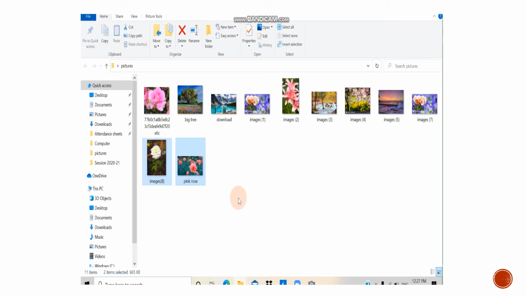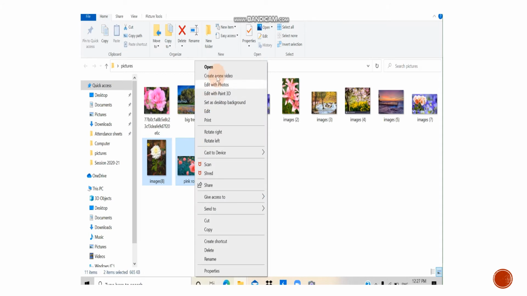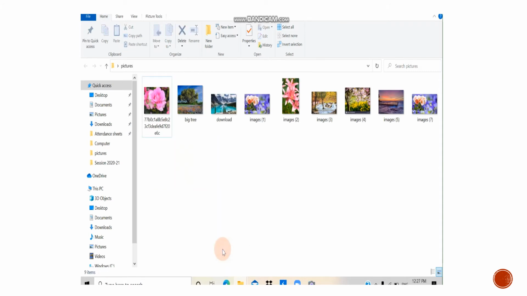And suppose I want to delete it. I can just press the delete key, or another option is there. I can right click on it and then go to the delete option. You can see that these two pictures have been deleted.